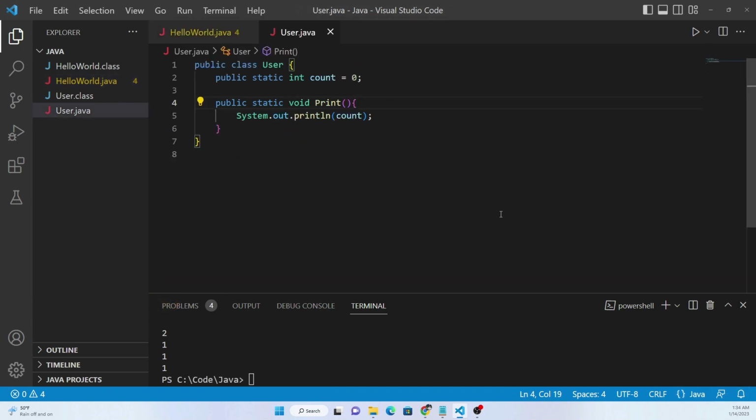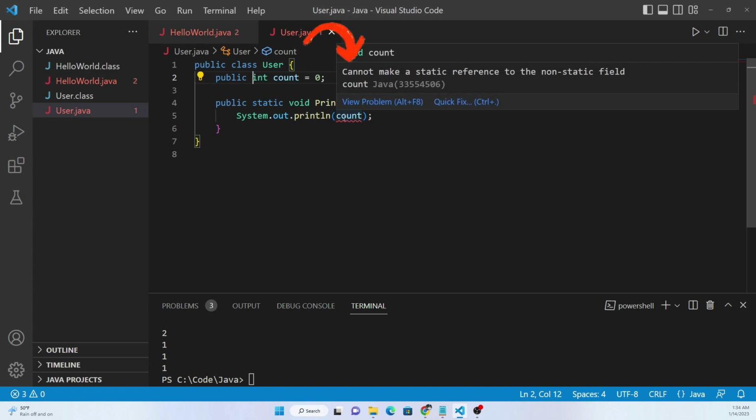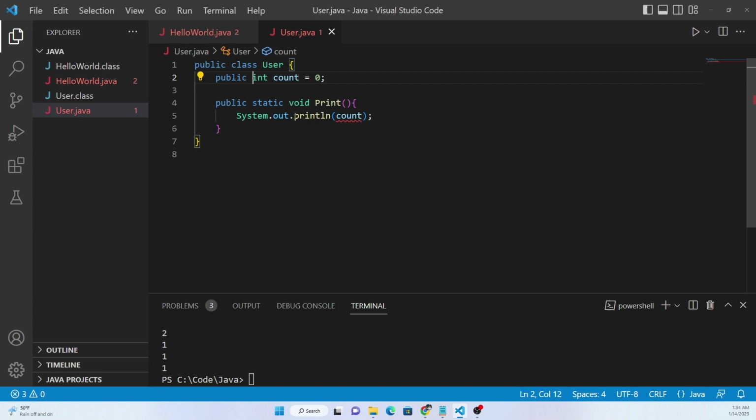Now one thing to keep in mind, if the method is static but the variable is an instance variable, we cannot just access it. And as the error suggests here, cannot make a static reference to a non-static field count, meaning this is a static method. It cannot just reference a non-static value, because non-static values are always associated to an object, whereas the static values are associated to the class. So static methods as well as static variables are connected to the class, whereas non-static methods and variables are connected